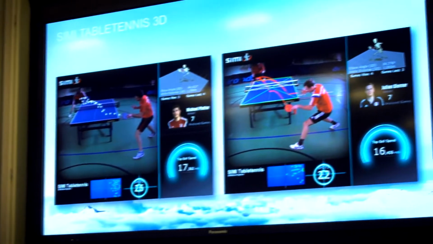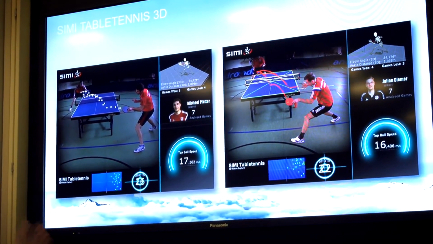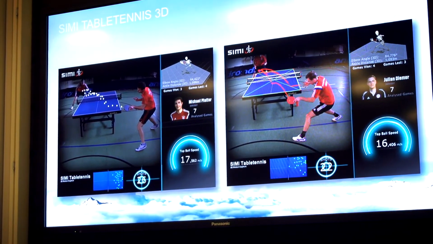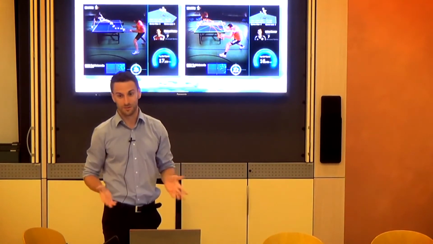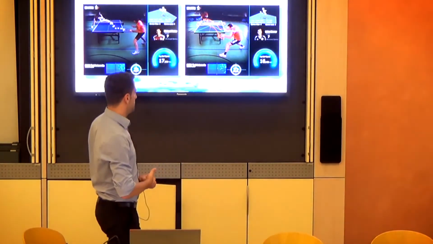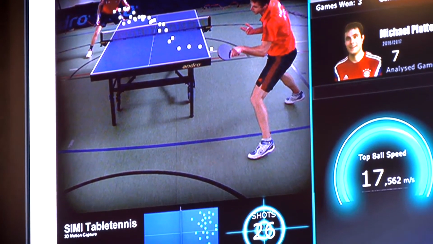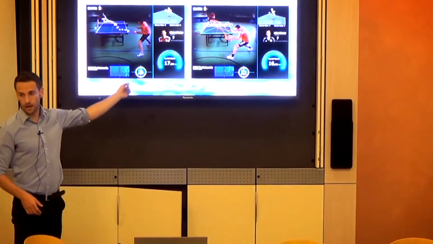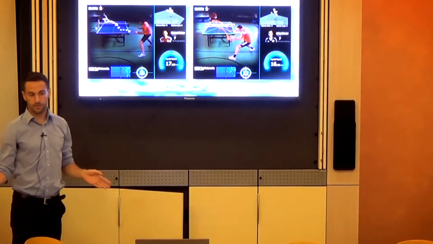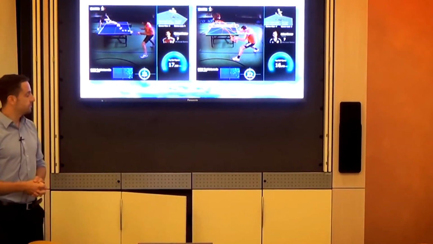So this is a data sheet of a table tennis project we've done with the table tennis club from FC Bayern Munich. We just went there with the camera system, said, okay, you can play, and we're just recording some videos. So they do not know what we are doing. That's quite funny. What you see here, we're also capturing the ball's movement, where the ball strikes the ground. This is for tactical analysis. We can also count how many forehands and backhands, or some other attributes, for statistical analysis.